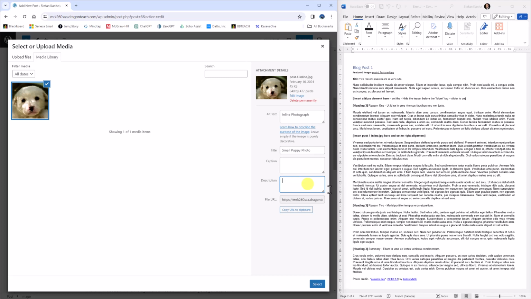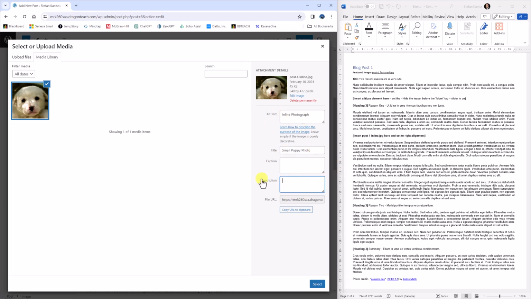That assistive technology will not be able to automatically describe the picture for the person. Now, we're getting closer to that day, but right now, when the picture comes up in the website, the assistive technology reader will say inline photograph, title, small puppy photo, description, and then it will read the description